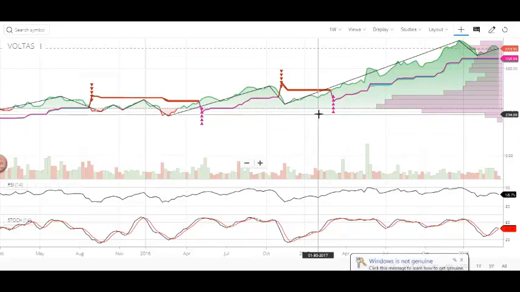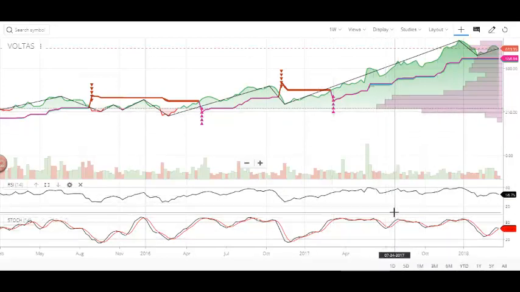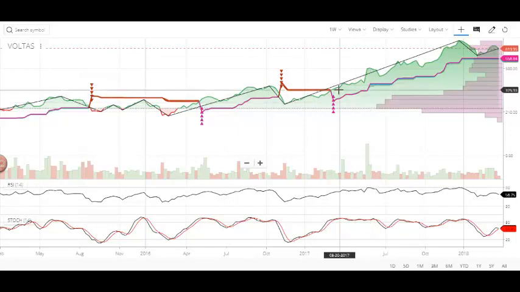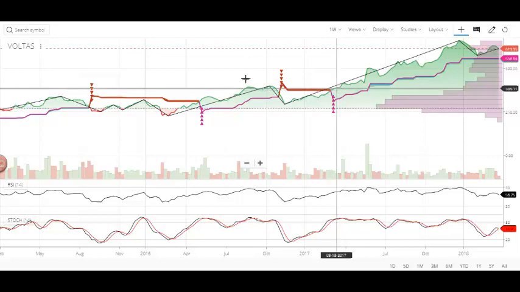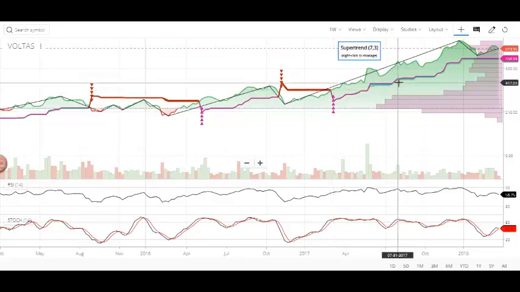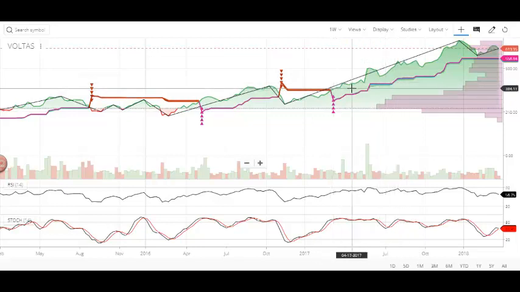What you are watching is a technical chart of Voltas, and these are all the technical indicators used for the technical analysis of the stock. Now there is a slight modification I did when it comes to the chart. Earlier I was using candles and all the stuff. Now I changed the chart. This is a baseline chart. What you are watching right now is the baseline chart, and I did this change